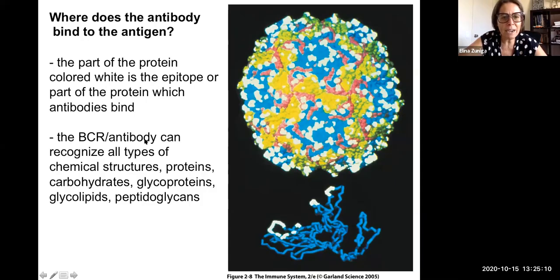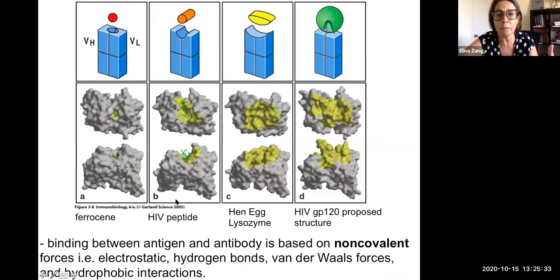So the BCR antibody can recognize all types of chemical structures. The T cells can only recognize peptides derived from proteins, but the BCR or antibody can recognize all types of chemical structures, including proteins, carbohydrates, glycoproteins, glycolipids, peptidoglycans, even metabolites, okay? So this ferrous is a metabolite, for example, formed with ferrum, and